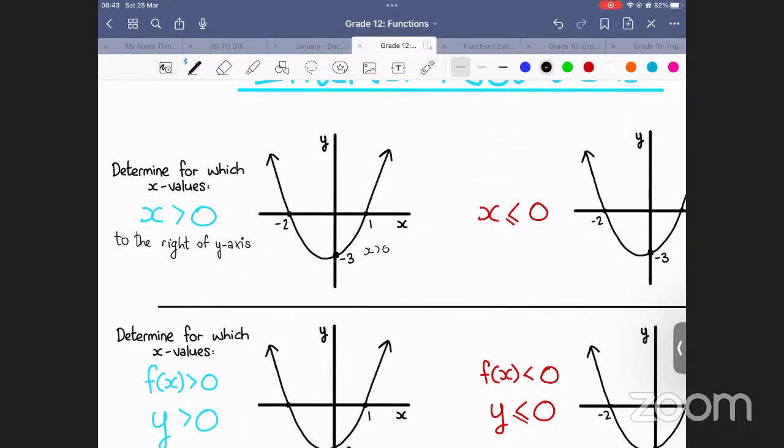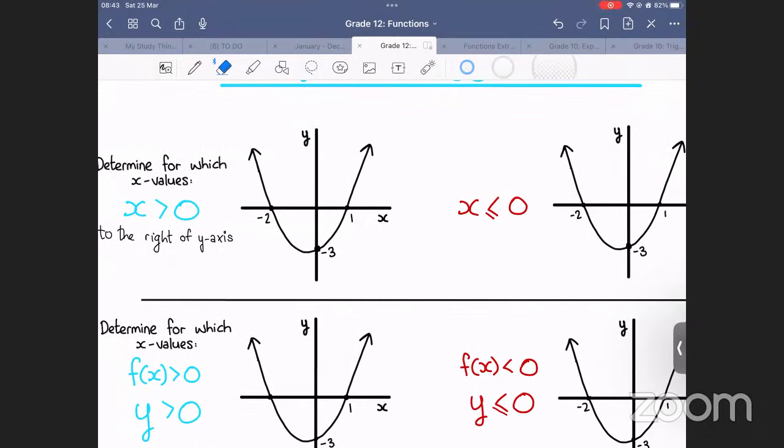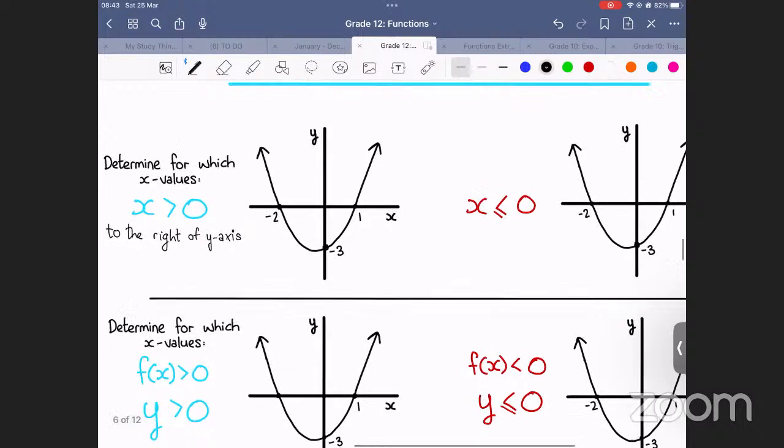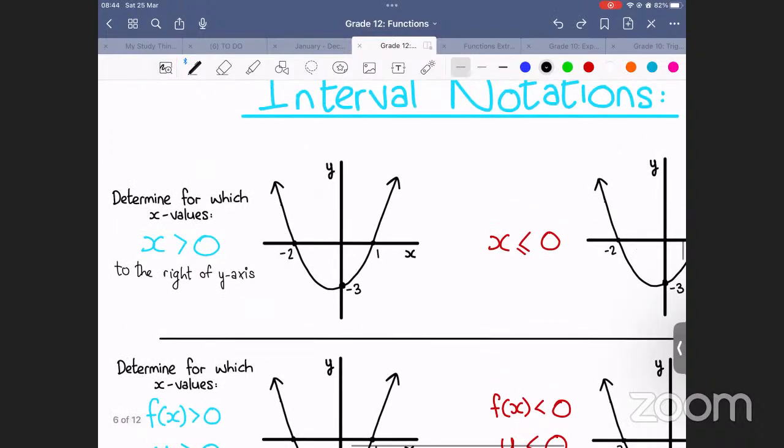Okay, so determine for which values x is greater than 0. So again, if we determine for which x values x is greater than 0, that's of course going to be x greater than 0, because that's how we represent it in terms of x values. But to really understand what it means for x to be greater than 0, we can understand it as being to the right of the y-axis, okay? Let's answer that firstly in interval notation. So we can say everything to the right of the y-axis, x is an element of,